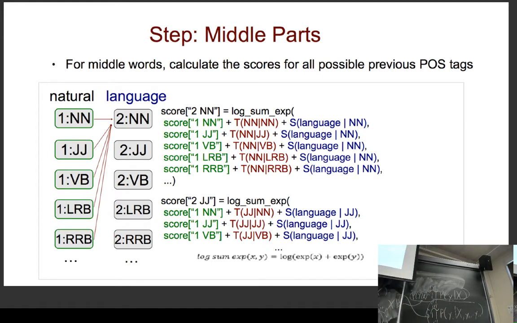But if you really want to do it yourself, you take the max of the two inputs, you subtract the max of x before taking the exponent, and then you add the max back in after reverting to log space. This is a trick you need to do if you're not using the built-in log sum x function. But if you use the built-in one, don't worry about it because somebody's already thought about it for you.